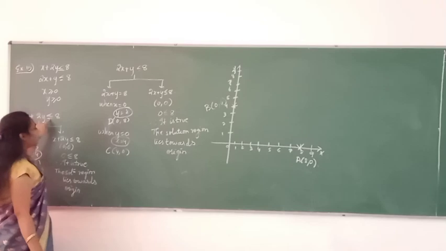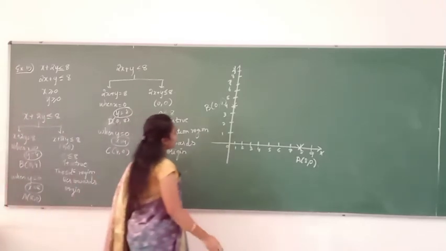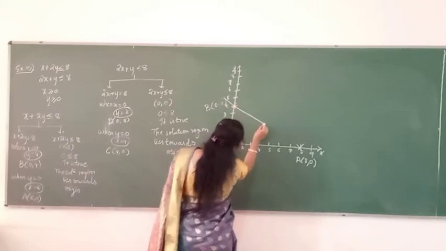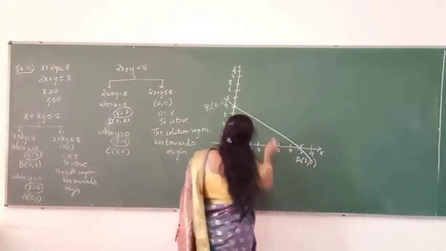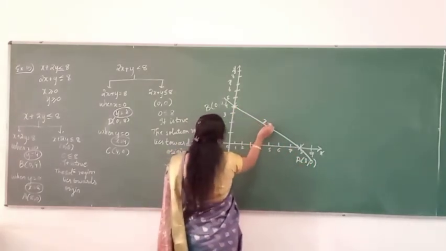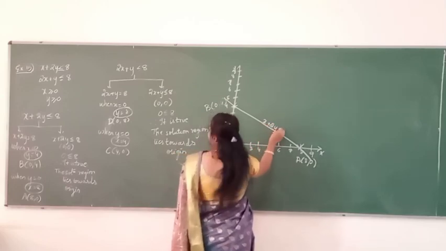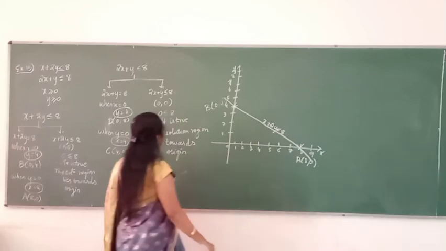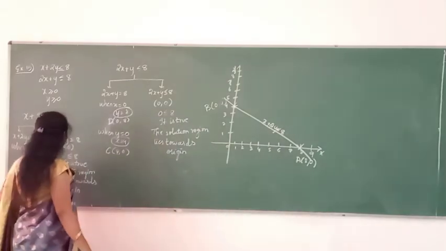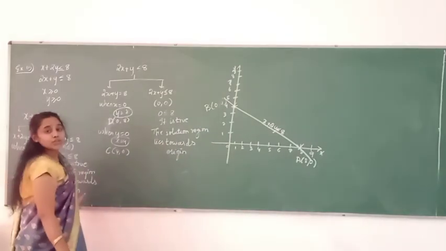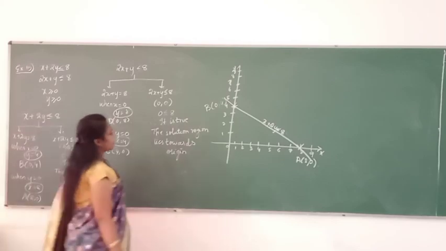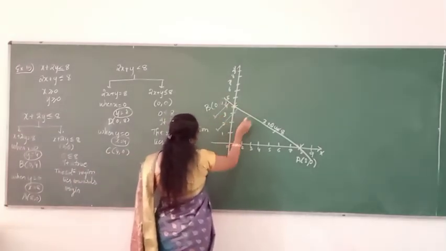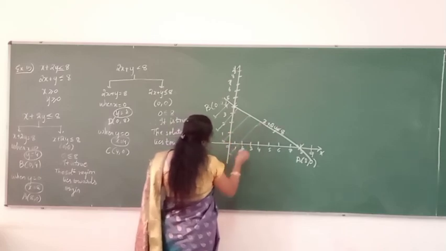And just check with the inequality, it is less than or equal to, so we will be considering a bounded line, which is nothing but x plus 2y is less than or equal to 8. It says that it is true and the solution region lies towards the origin. So when it lies towards the origin, the shaded region will be in this manner. If you want, you can even shade it darker also.